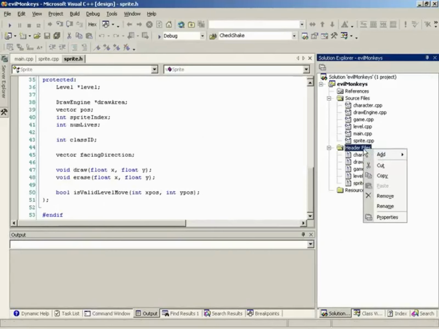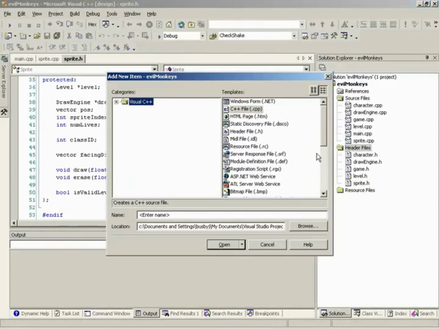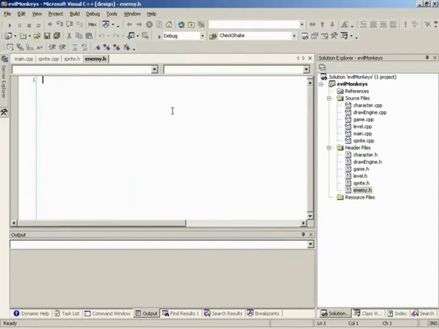Inside of here, let's create our header file, because that's what we always have to do. For our evil monkeys, enemy. Follow the rule. If not defined, then we're going to define enemy underscore age. Otherwise, we're going to define enemy underscore age. Then we're going to end off the if statement. All right. Now, inside of here,